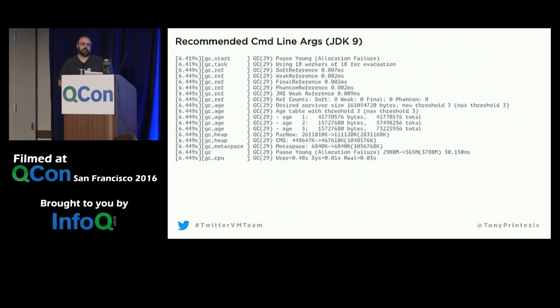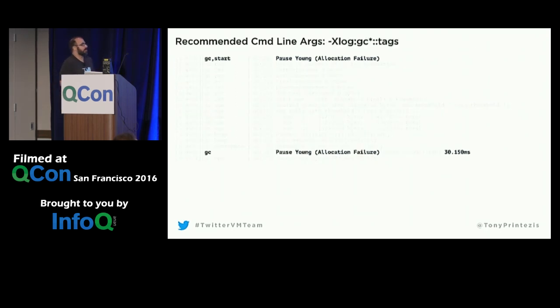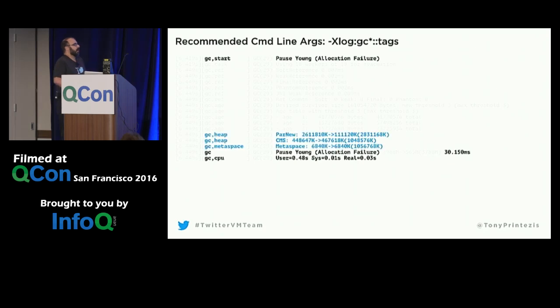So let's look at what the log looks like now. So this is from one GC with those arguments. We have a log record at the start that says that's the start of the GC, a log record at the end that says the end of the GC and how long it took. We have the CPU times that I showed you earlier, very similar to what we're seeing with PrintGCDetails. Then again, with the GC start tags, we also get some heap information in blue. Again, the nice colors correspond to the colors I showed earlier, right?